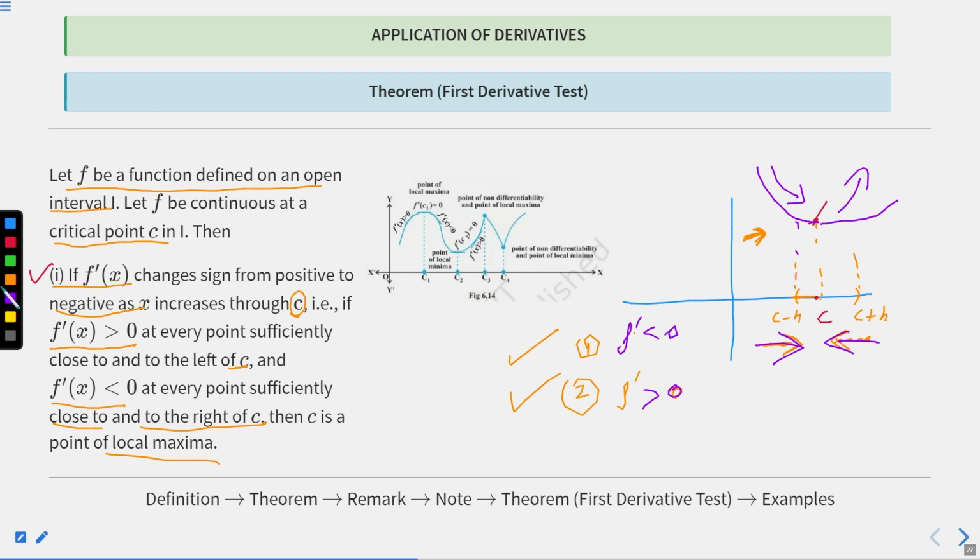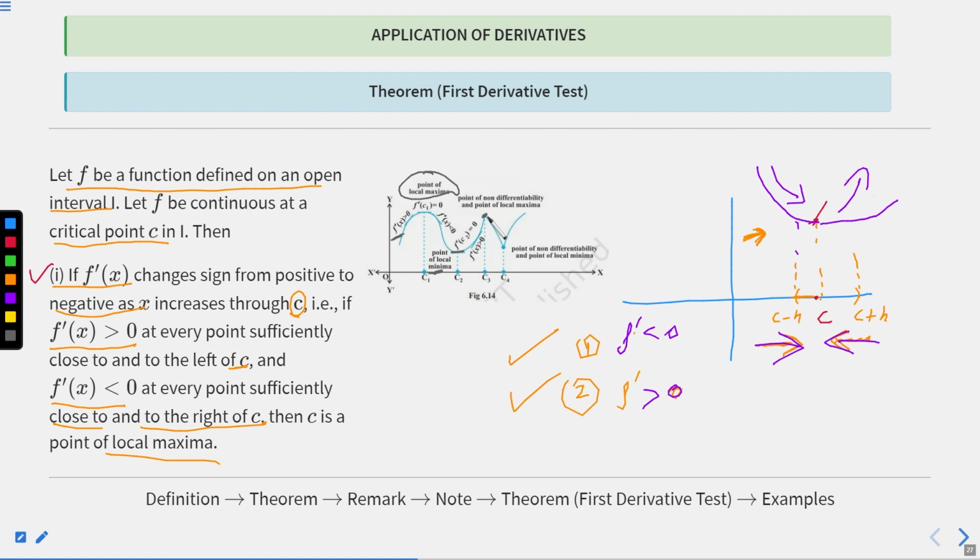And also, as you can see, everything is already given here. Point of local maxima. Why? Because f dash c1 is equal to 0, and to the left of it the graph is increasing, and to the right of it the graph is decreasing. At c2, f dash c2 is equal to 0. This means a point of local minimum. Why? Because on the left side the graph is decreasing, but on the right side the graph is increasing.